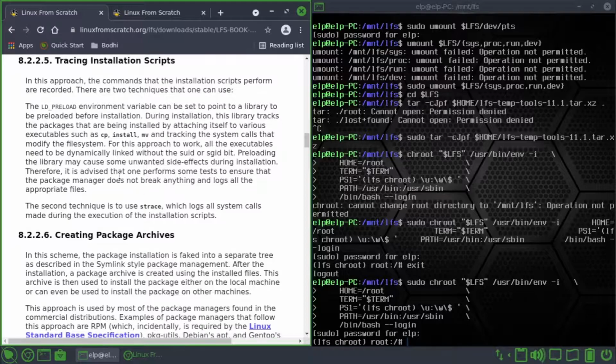Tracing installation scripts. In this approach, the commands that the installation script performs are recorded. There are two techniques that one can use. The LD_PRELOAD environment variable can be set to point to a library to be preloaded before installation. During installation, this library tracks the packages that are being installed by attaching itself to various executables such as cp, install, mv, and tracking system calls that modify the file system. For this approach to work,